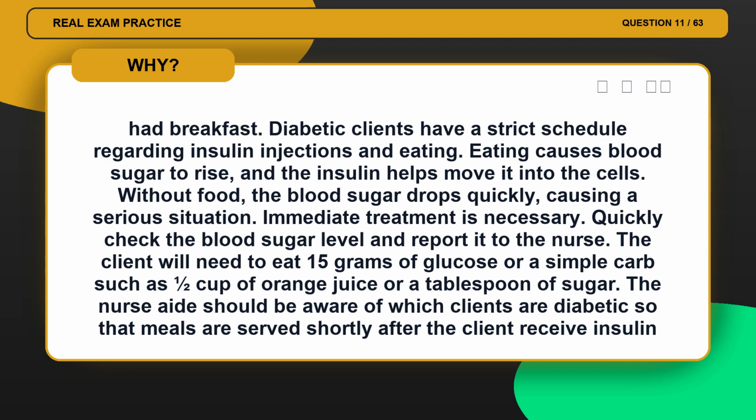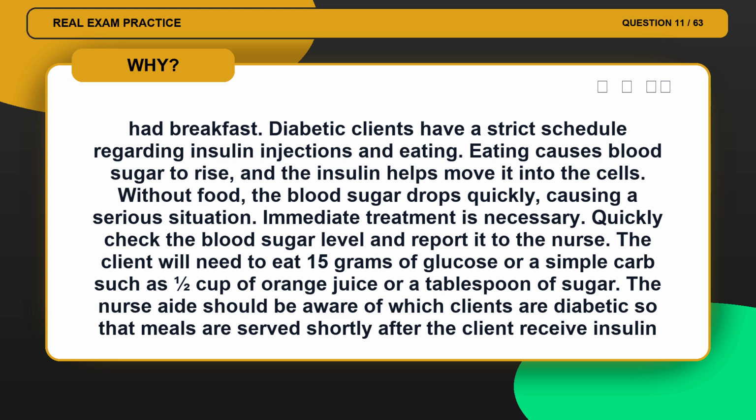Diabetic clients have a strict schedule regarding insulin injections and eating. Eating causes blood sugar to rise, and the insulin helps move it into the cells. Without food, the blood sugar drops quickly, causing a serious situation. Immediate treatment is necessary. Quickly check the blood sugar level and report it to the nurse. The client will need to eat 15 grams of glucose or a simple carb such as 1/2 cup of orange juice or a tablespoon of sugar. The nurse aide should be aware of which clients are diabetic so that meals are served shortly after the client